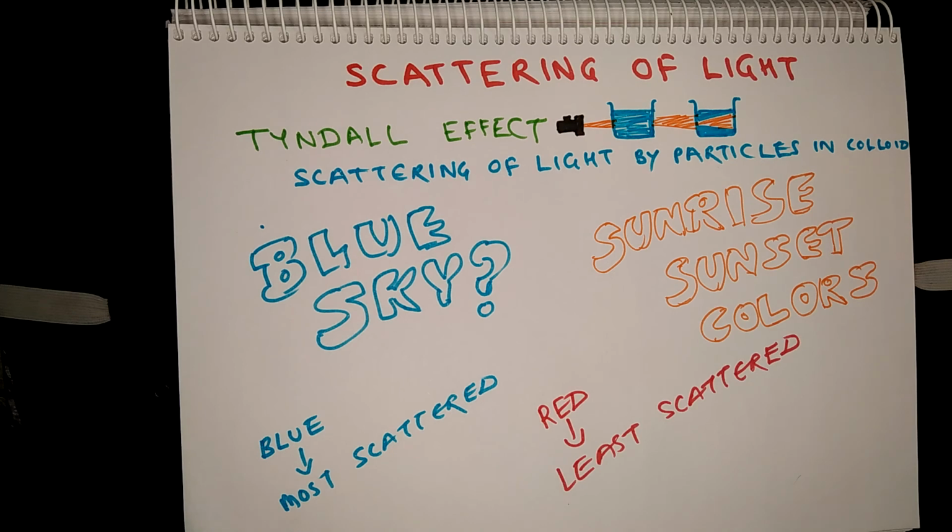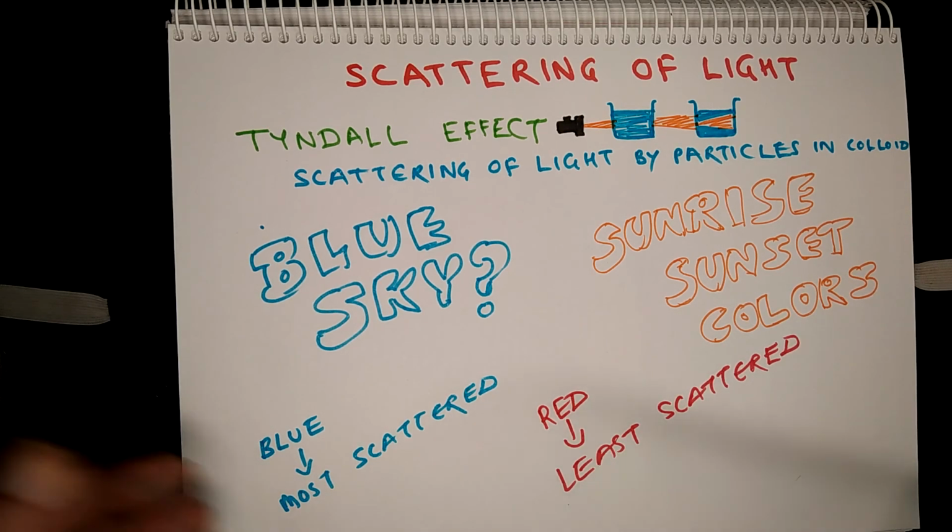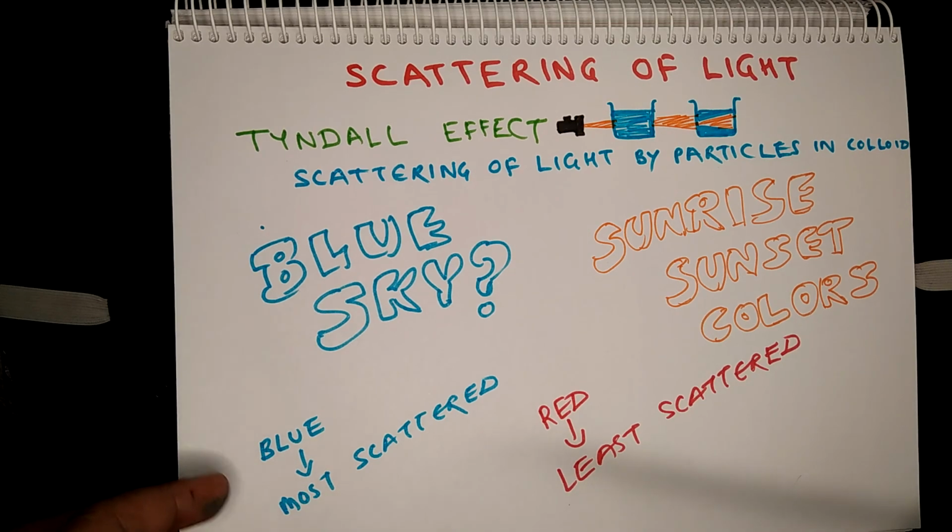Now another phenomenon is the color of the sun during sunset and sunrise, that is reddish. What happens during sunset and sunrise? The rays of light from the sun have to travel a longer distance because they are coming from the horizon. Now the red color is the least scattered because it has a longer wavelength, and because of being least scattered, the red color or colors towards the red band of the spectrum are able to reach our eyes, and because of this the sun appears red or orange or yellowish during sunset and sunrise.